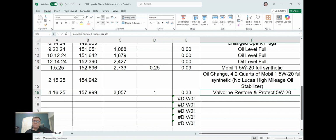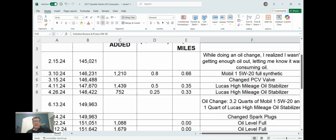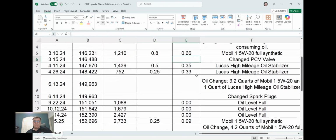We were out of the Mobil 1, so we used some of that along with some other oil I had to make up that quart so that we still have enough to do our full oil change with that coming up soon. And so this is where we're at. This is pretty informative because it lets us know the PCV valve did need changed and did help us a lot, but that really